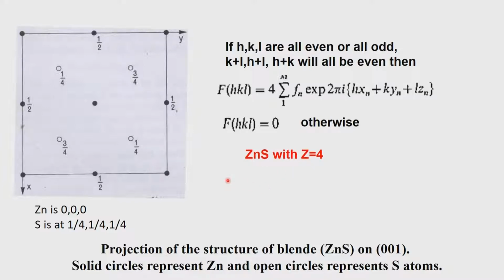Okay. Now, let us see what happens to the systematic absences. What happens to the reflections which come from zinc sulfide? Zinc blende is a face centered cubic lattice. So, we have zinc at 0 0 0, sulfur at 1/4 1/4 1/4. This is the projection diagram down 0 0 1. So, this is very clear now, this distribution of atoms. So, we will see what happens to the structure factors, or in fact the intensities, and therefore the structure factors.